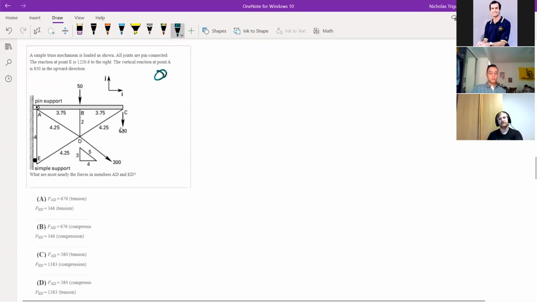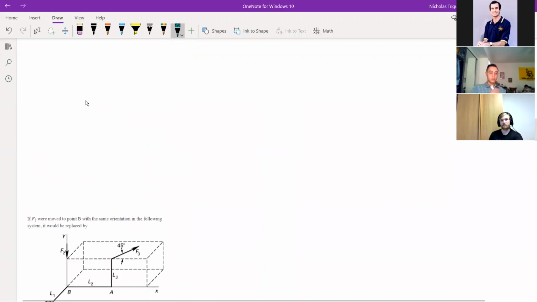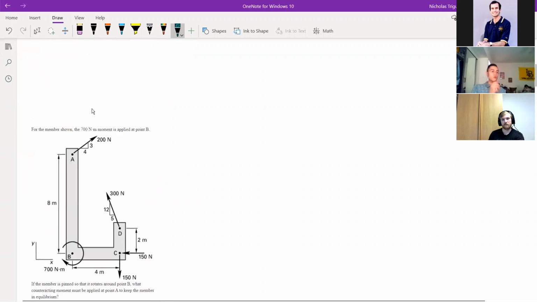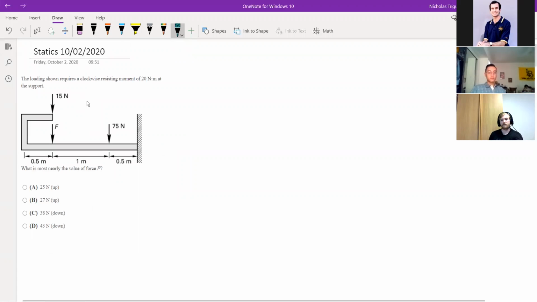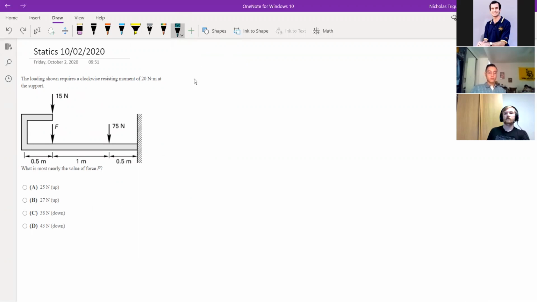Problems like these you can actually solve in like 10 seconds without any calculations. It only works for some of them, but with enough intuition about the problem, you can solve them without having to do too much calculation. Again, that's not all of them, but we want to save as much time as we can, so we have more time for the rough ones, which is going to be fluids and thermo, most likely. Okay, let's do this. Can I make myself a little bit thinner? That's great. Okay. So we have, let's see, loading shown requires a clockwise resisting moment of 20 Newton meters at